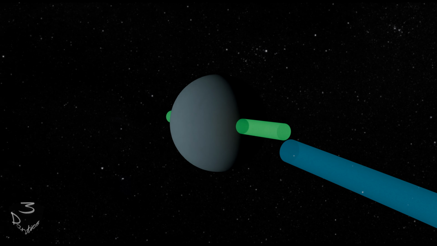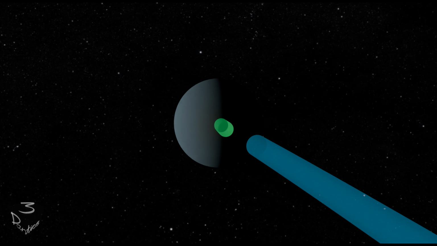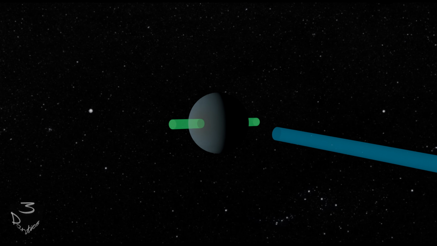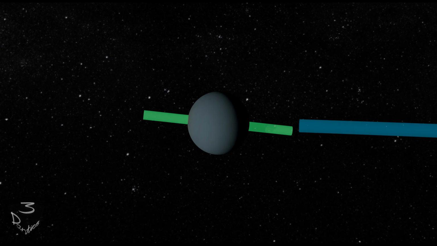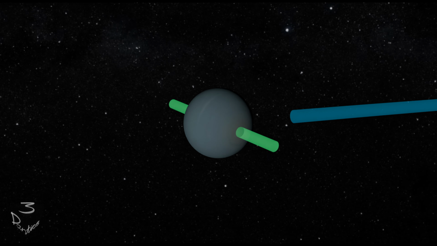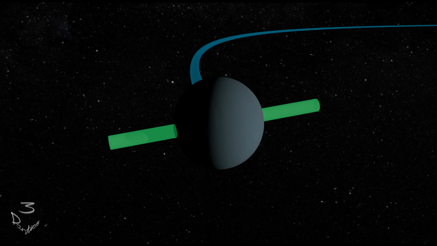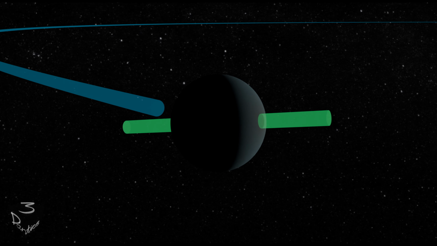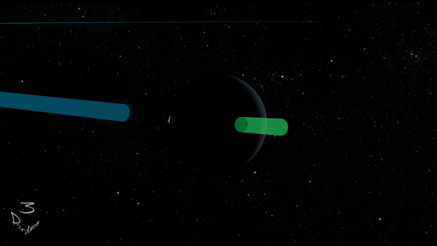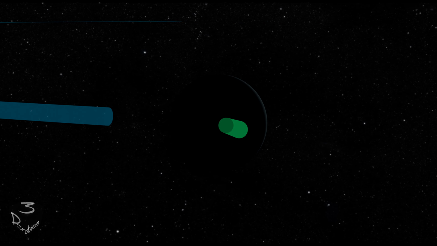It takes 84 years to go around the Sun, and in 2033 will only have completed its 3rd orbit since being discovered. The poles spend 42 years in constant light, then 42 in constant darkness. As with all the giant planets, it has a ring system, though it's pretty faint. It reflects only 2% of light and is difficult to see.